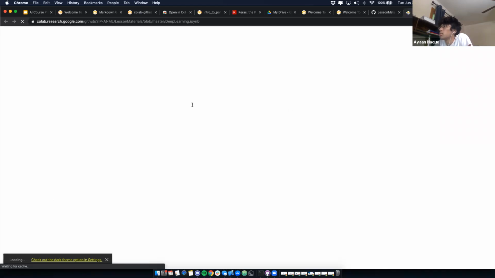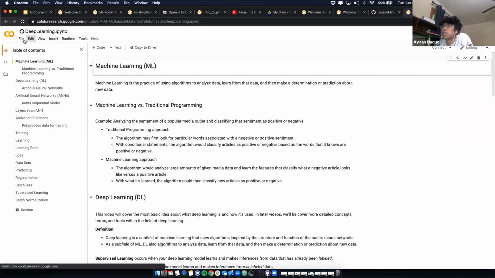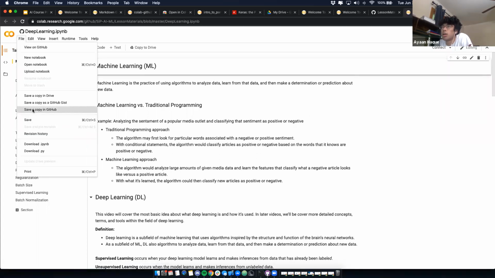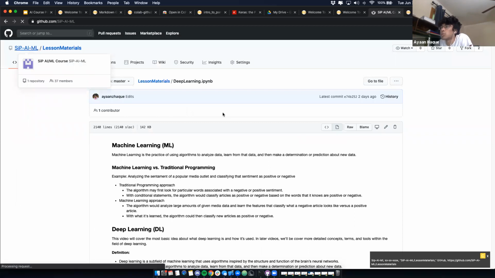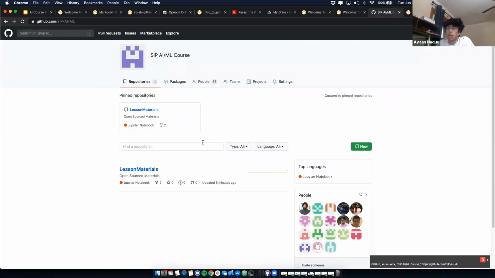So basically what you can do is go to File and then Save a copy in GitHub, and it'll push straight up to your own repository, so that everyone has their own code, right? And so that we can look over your code if you have any issues, especially for projects. That's why we're using GitHub. So you'll code everything in Colab. Think of Colab as basically your Eclipse, right? It's just wherever you code. And after that, we'll save your code into GitHub. Even outside this course, GitHub is really essential. Every programmer will use it, so it's very helpful to just make an account now.